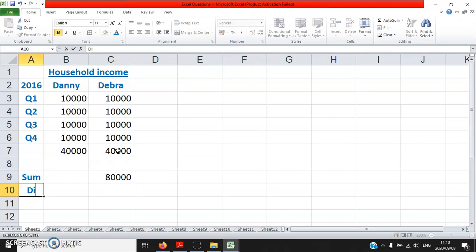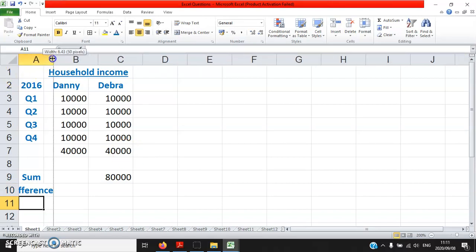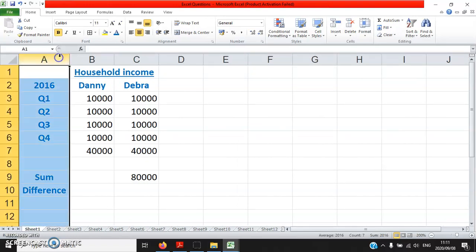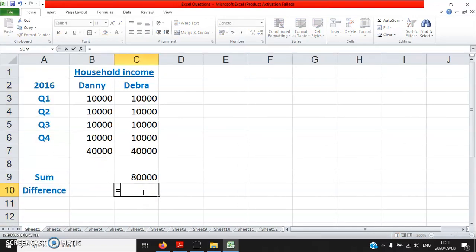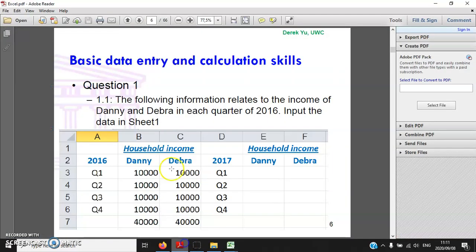Okay. And then difference, I think I can adjust the column width so that we can see the whole word clearly, the whole word difference. Okay. So equal Deborah's income minus, no. So now we're learning to use a subtraction command. C7 minus B7. The answer should be 0 because they earn exactly the same amount. Okay. Happy with this? And then we can move on to